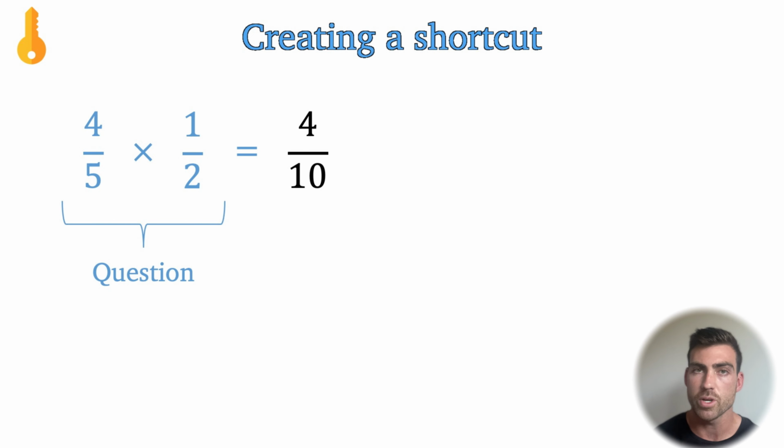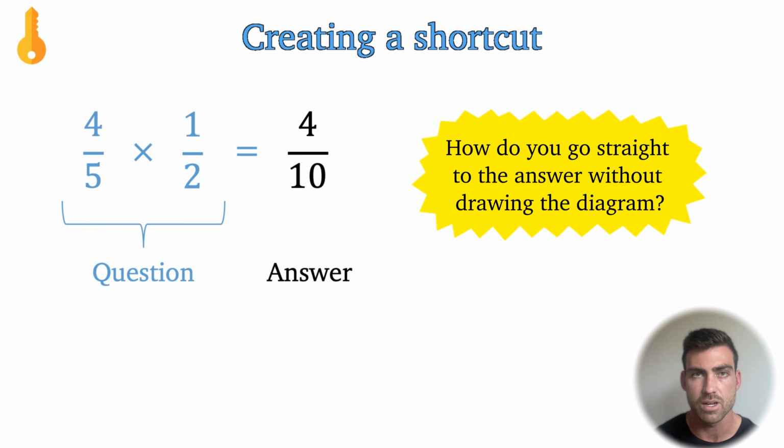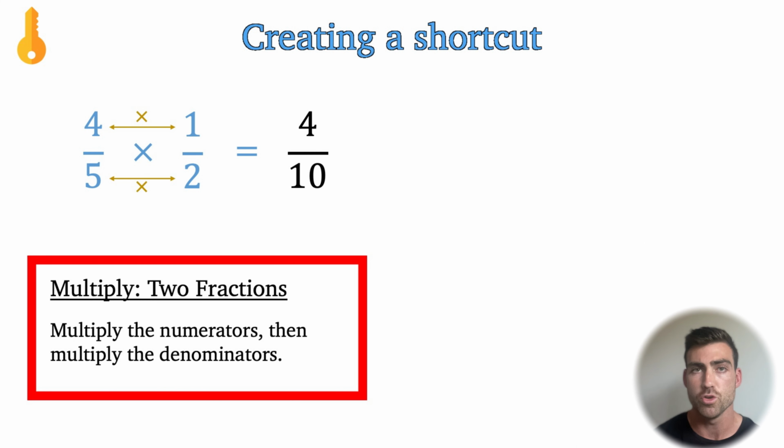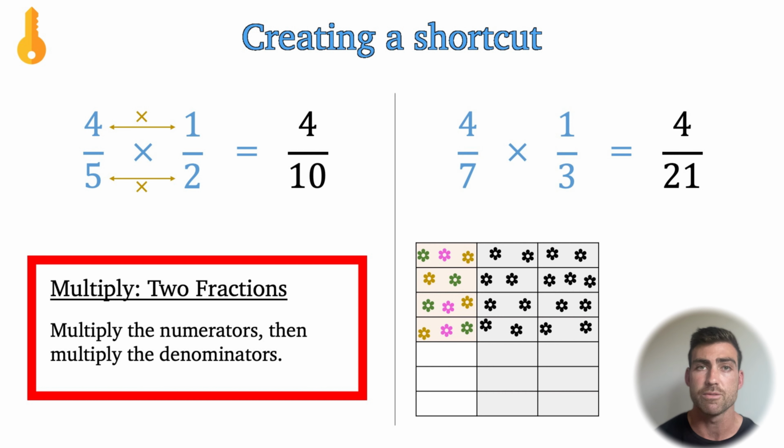Looking at our starting question, and now our answer, how do we go straight to the answer without drawing the diagrams? We could simply multiply the numerators, then multiply the denominators. In fact, if you tried multiplying different fractions, solving them firstly with the diagram method, it will confirm the same